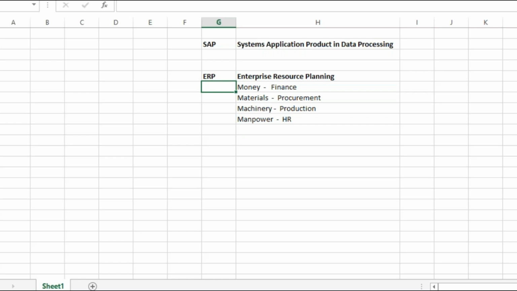Now, with the help of an ERP system, data can be retrieved with a few keystrokes, and whatever information or reports you want can be retrieved. SAP is one such ERP. Other popular ERPs you might have heard of: Oracle, a close competitor of SAP; JD Edwards, another very popular ERP; and Microsoft has their own product called Dynamics.